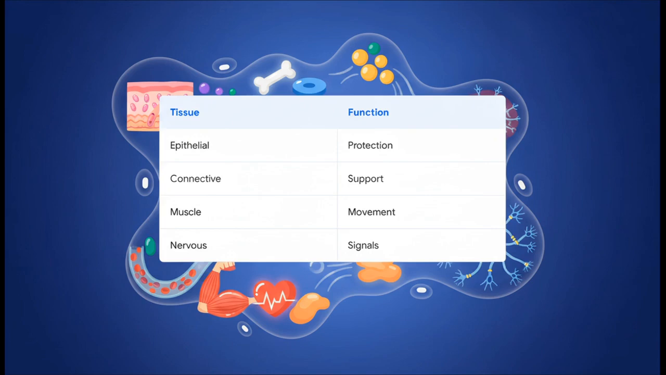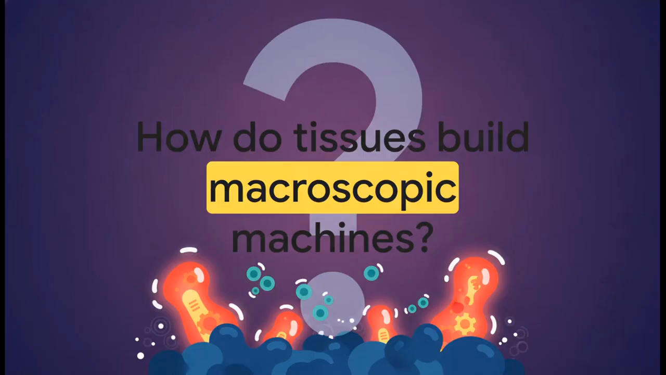This includes your voluntary skeletal muscles, the autonomous cardiac muscle of your heart, and the involuntary smooth muscle lining your organs. And fourth, nervous tissue. This is made of neurons that transmit rapid electrical signals to form the communication network across your brain, spinal cord, and peripheral nerves. All right, so we've leveled up from atoms to molecules to cells and now to these 4